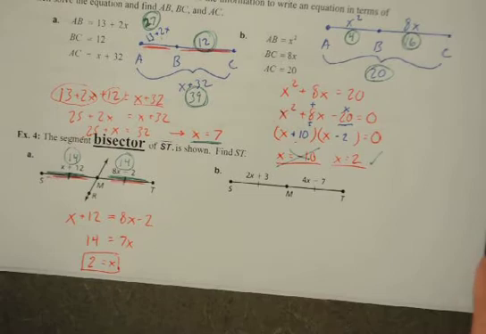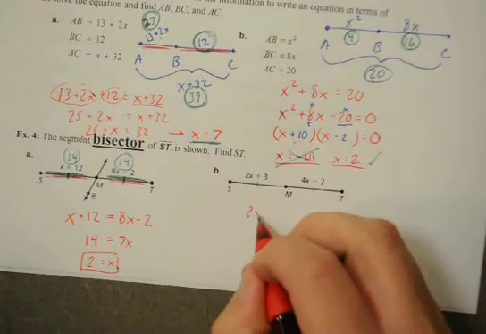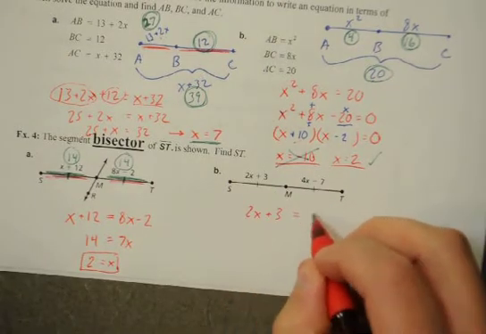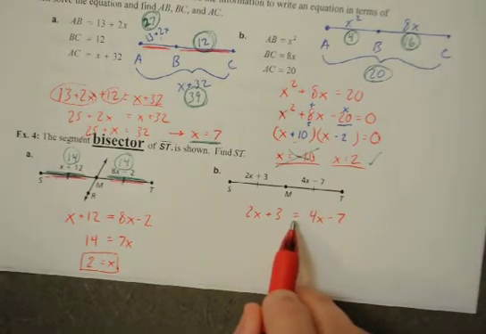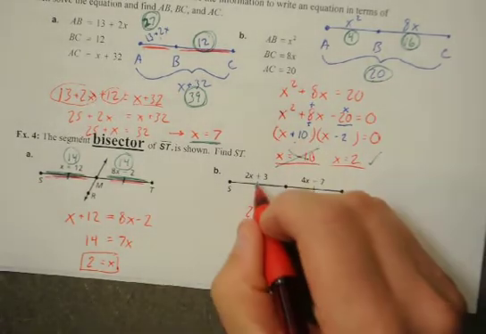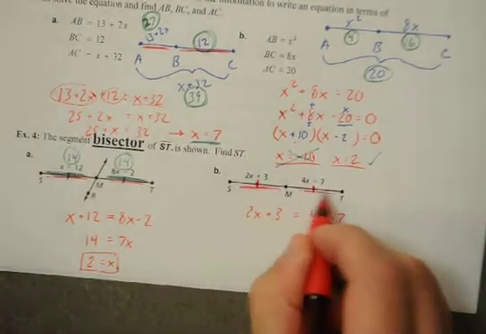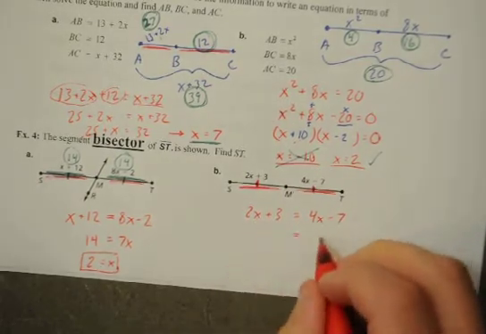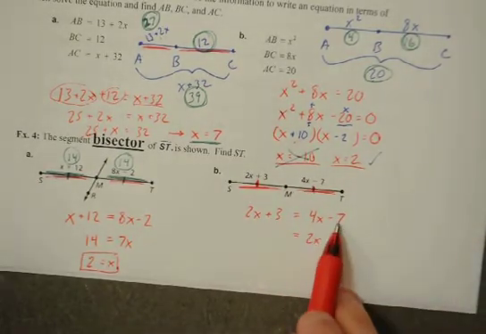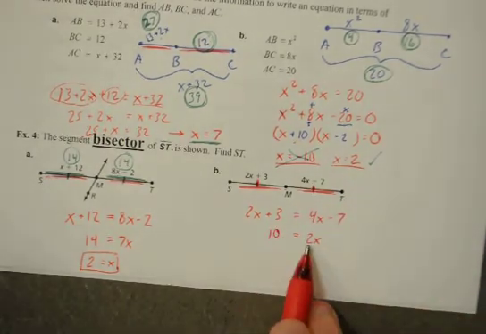Alright, next one. Pause the video, see if you can figure out what x is. And we're back. The equation is 2x plus 3 is equal to 4x minus 7. The only reason I can use the equal sign is because that's a bisector, and this piece is equal to this piece. This side here is the same as this side. So you do your algebra, subtract the 2x, take this negative 7 and add it over there, take the 2 and divide it,